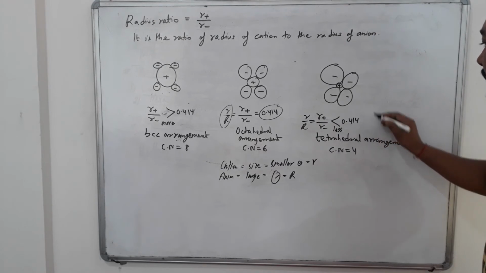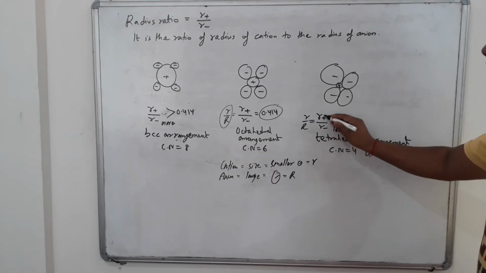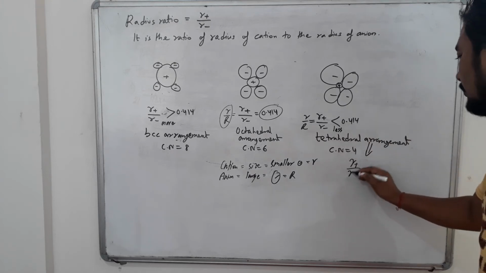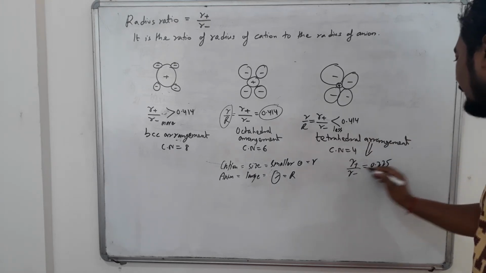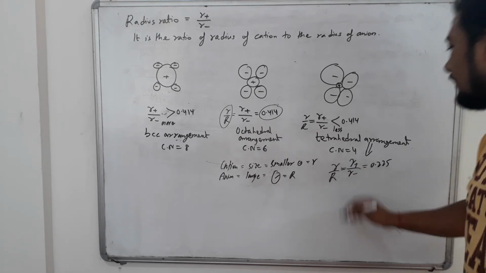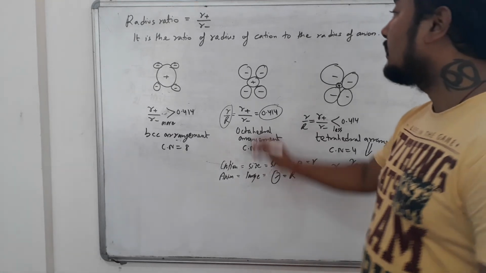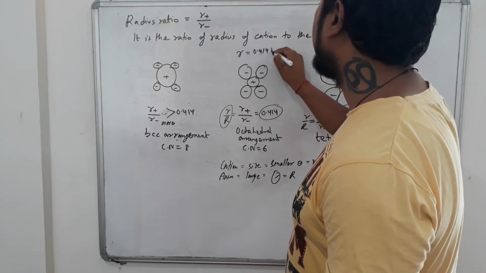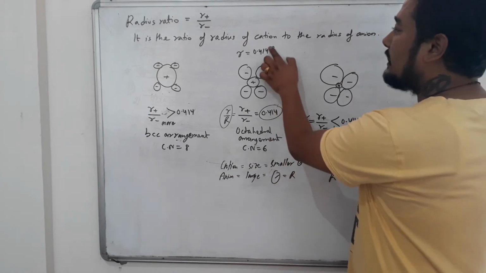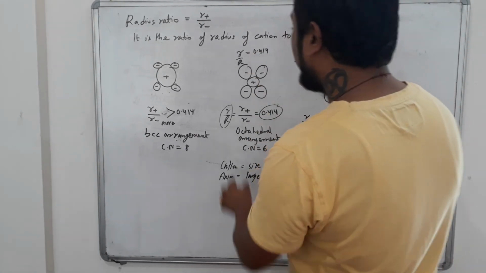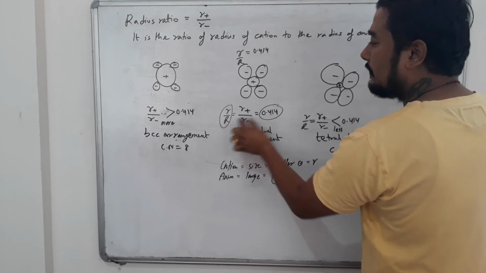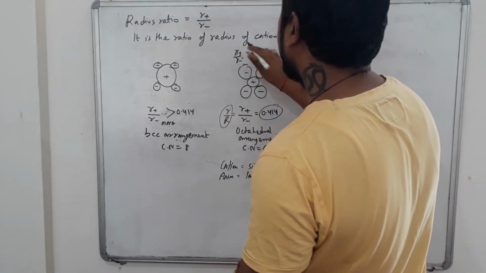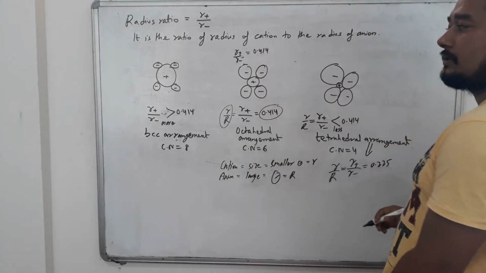And do you remember out here for tetrahedral arrangement, the value of radius ratio is less than 0.414, it may be equal to 0.225, and this can again be represented by small r by capital R. Because we have learned earlier that the radius of the octahedral void is 0.414 times the radius of the particle. So if I take this R down, we get this relation, students. And again this can be replaced with R plus and R minus.